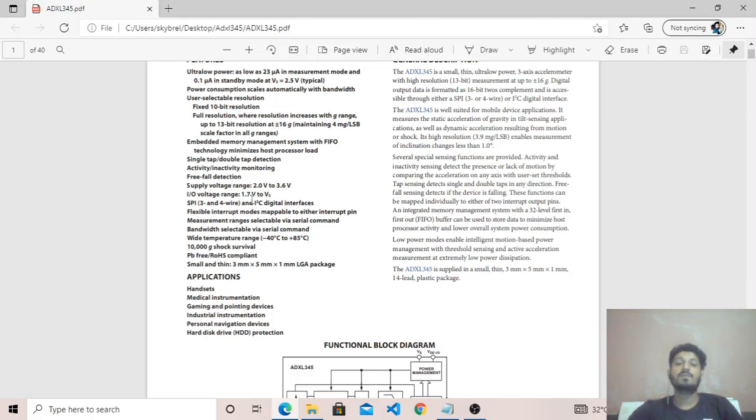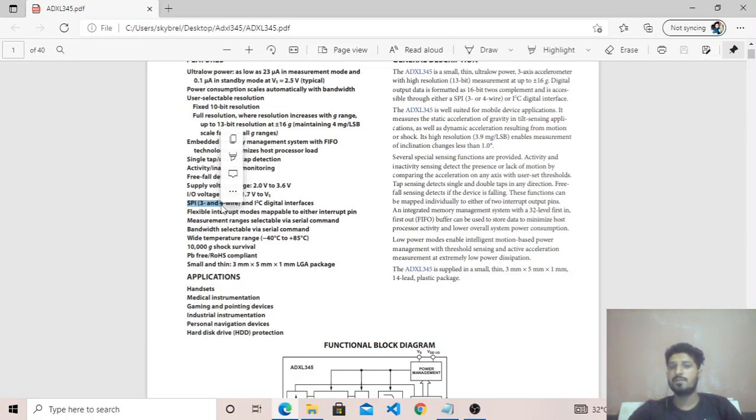So what is voltage source? Voltage source is actually the voltage which we are giving to our module. Like if we are giving 3.3 volt, then our VS is 3.3. So input output voltage ranges from 1.7 volt to 3.3 volt. Here you can see that SPI communication requires 3 or 4 wires extra, besides the VCC and ground.